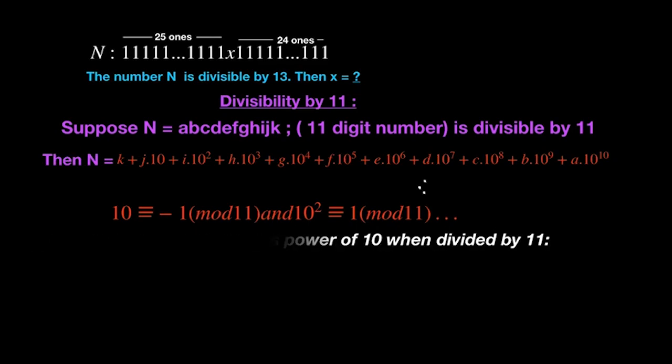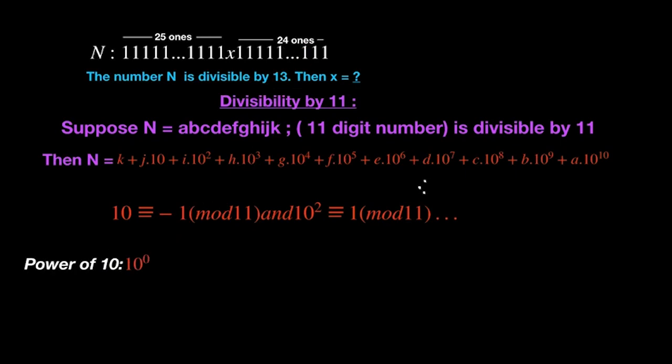So the remainders of various powers of 10 we can write like this: 10 to the power 0 means 1, so 1 will give the same remainder when divided by 11, and 10 will give the remainder either 10 or -1, and here we will write -1 as the remainder. It has a great advantage also, because all powers of 10